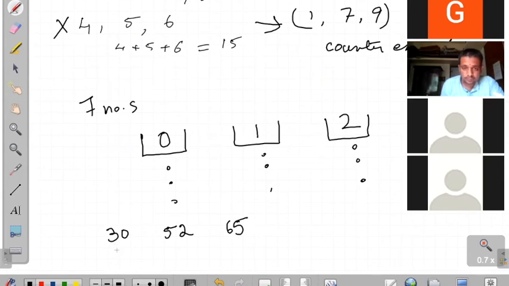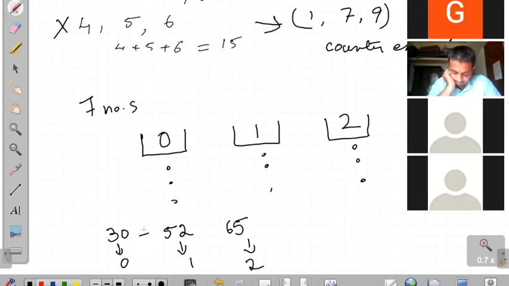Okay, so the remainder of this is 0, the remainder of this is 1, the remainder of this is 2, but still these will add up to give a multiple of 3, because the remainders 1 and 2 will add up to form a 3. Yes, sir.